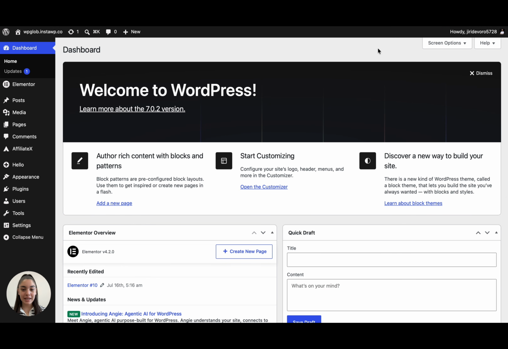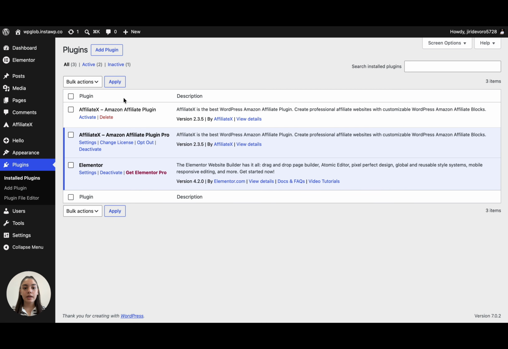Before exploring the plugin's features, let's take a quick look at the installation and overall plugin setup. For this demonstration, Affiliate X has already been installed and activated, so we can jump directly into the plugin. Affiliate X is available in both free and pro versions. The free version includes the essential tools for building affiliate content, while the pro version expands those capabilities with additional